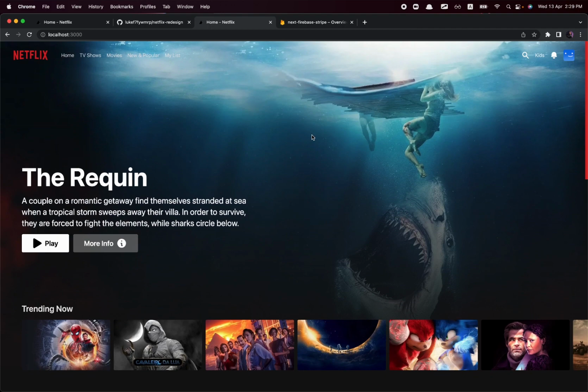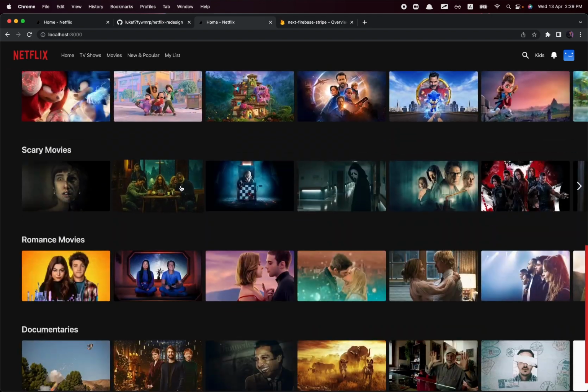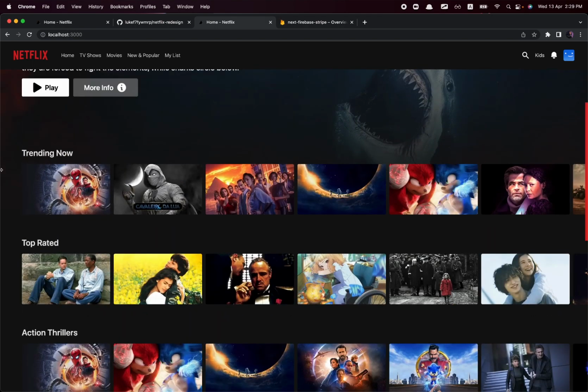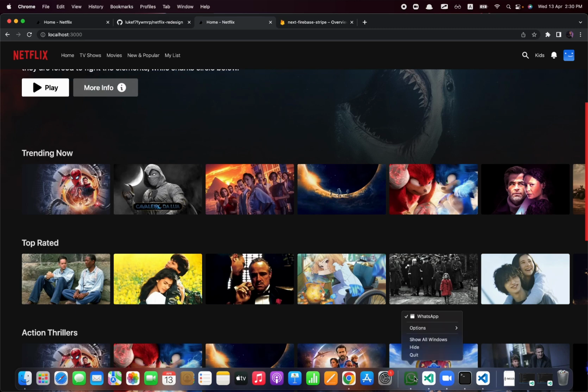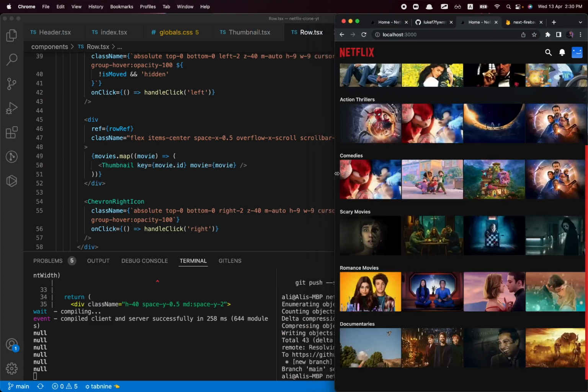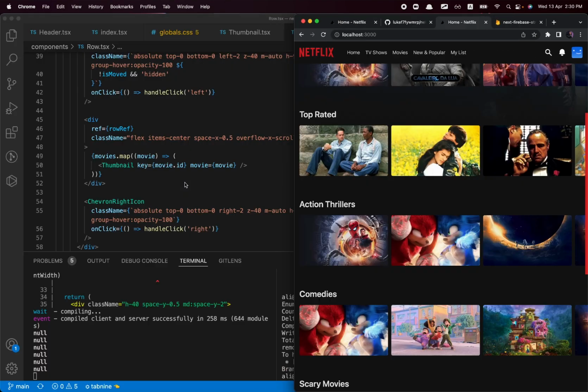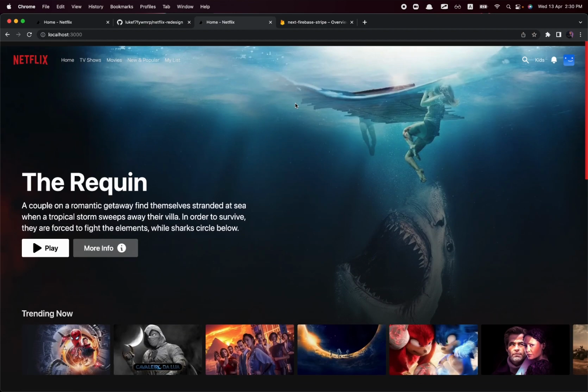As you all remember, yesterday we finished this part. We built the whole homepage UI, completely responsive from scratch, as you all can see. So we built this yesterday